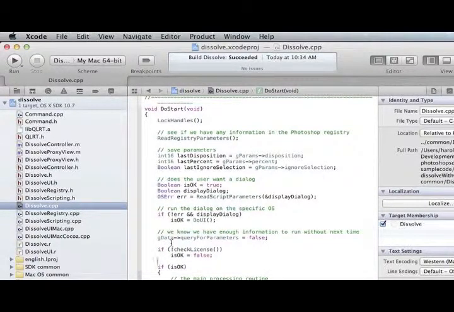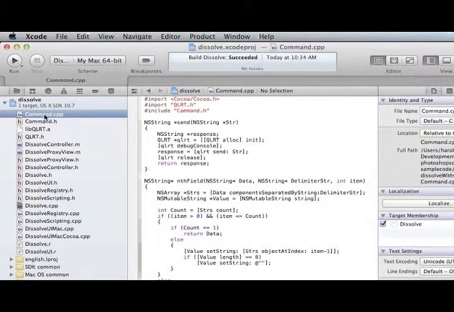So essentially, each time the doStart function runs, it's going to check the license, and if it's not a valid license, it's going to set is okay to false, and so it won't actually do the functionality of that plugin. And then we'll look at this check license, which is in command.cpp, and if we look at the check license function,